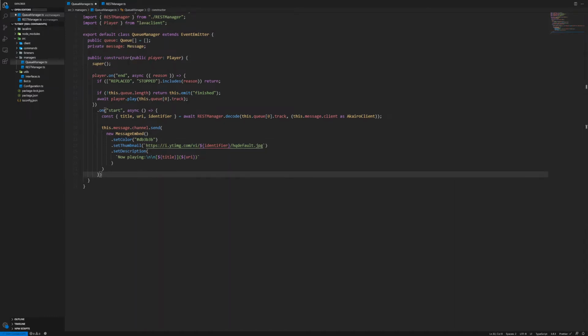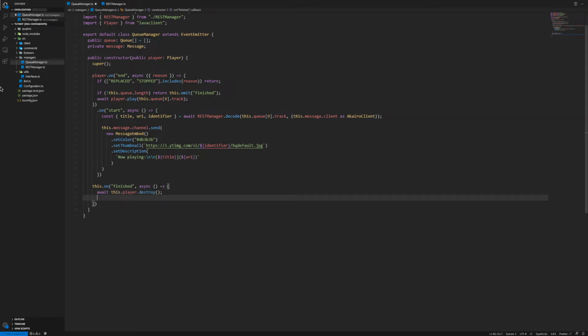Now, as well in this, we're going to add this on the finished, which we're also going to do async here too. So this is where we're going to do await this.player.destroy. Now we also want to be able to leave the voice channel because this will just destroy the player. It won't leave. So